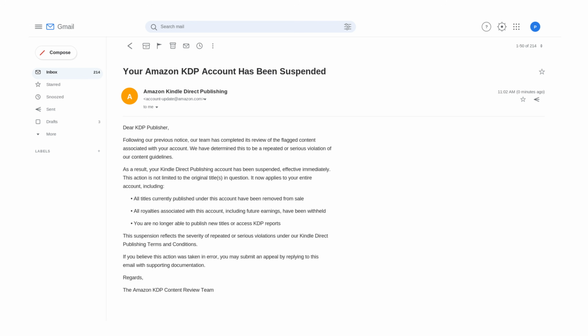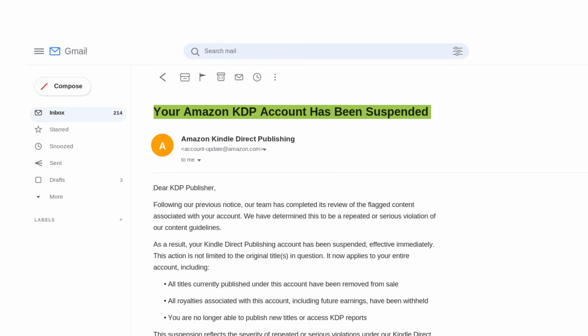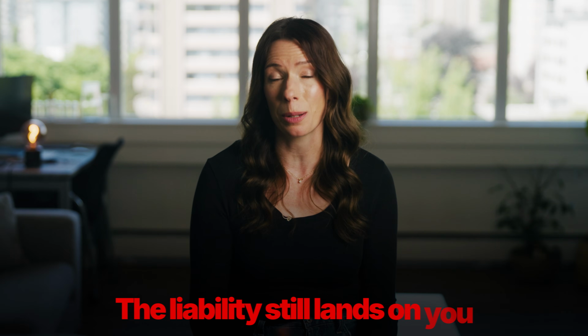Don't think that you can get away with it either. Amazon has detection tools. If they flag undisclosed AI content in your book, the consequences can go beyond a single book removal. Repeated violations or serious cases can result in having your account suspended. At this point, you might be thinking, okay, I've got the contract, I'll ask about AI, I'm covered. And for the first two mistakes, you would be. But the next mistake doesn't come from what you did. It comes from what someone else on your team did, but the liability still lands on you.